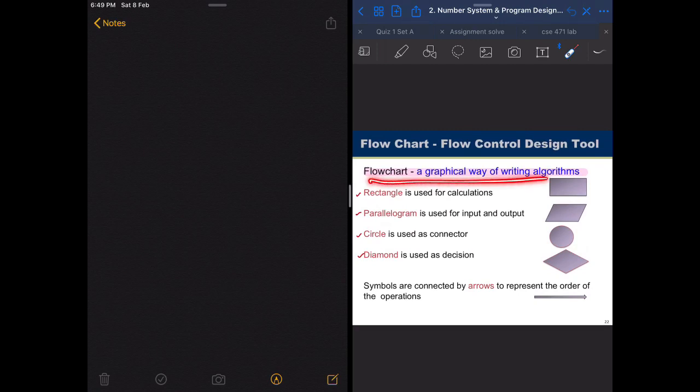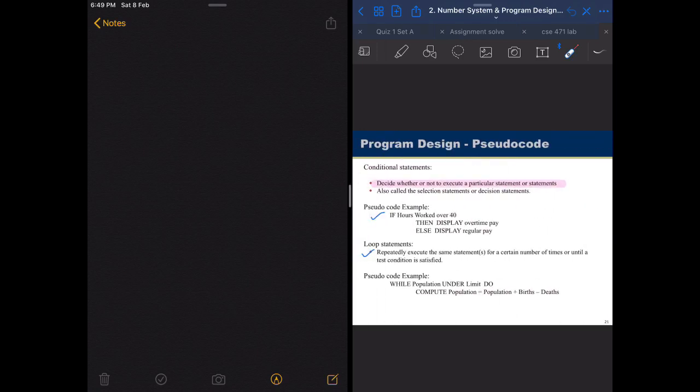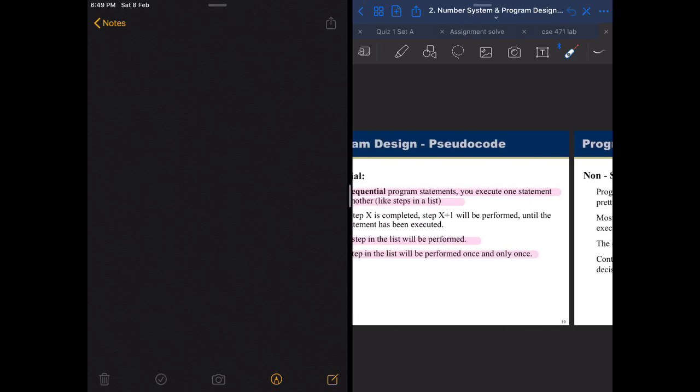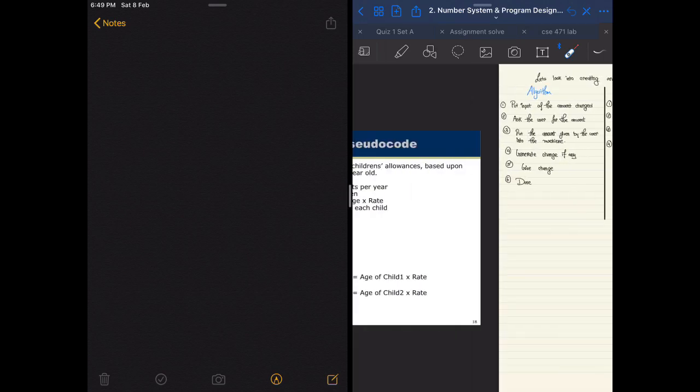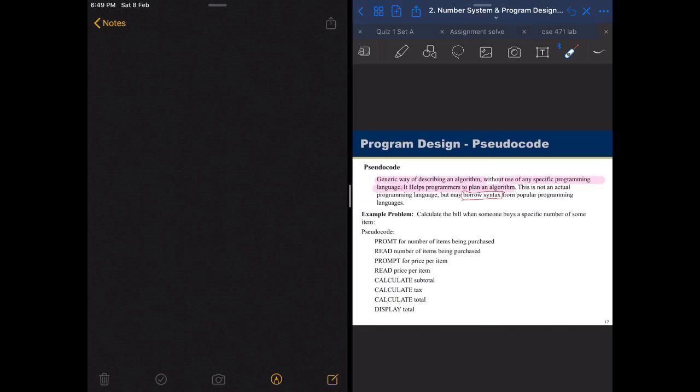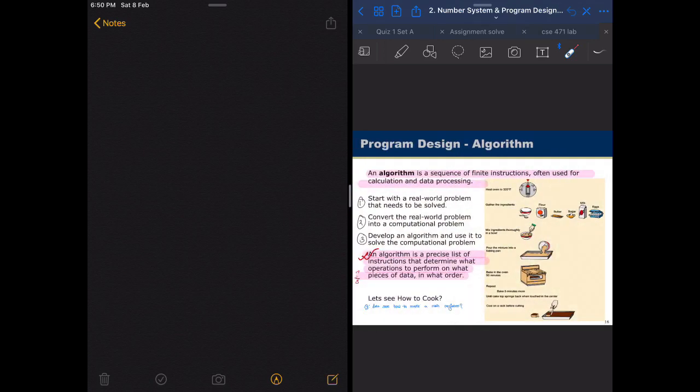So flowcharts are basically a graphical way of writing algorithms, and we all know what algorithms are, right? Whenever you are given a problem, you would try to think of a step-by-step procedure for solving that problem. That is basically an algorithm. An algorithm is a precise list of instructions that determine what operations to perform and on what pieces of data,